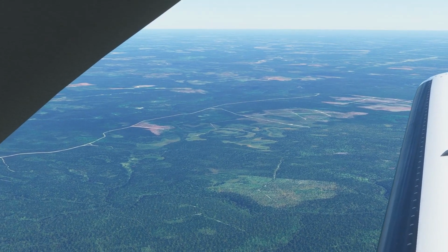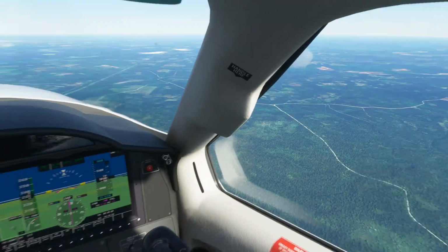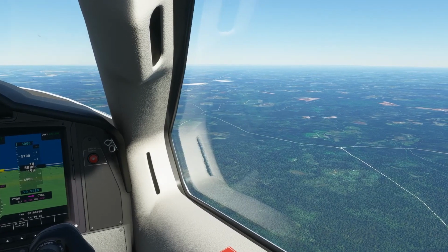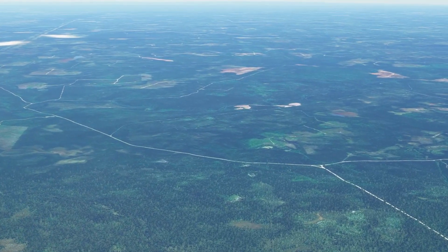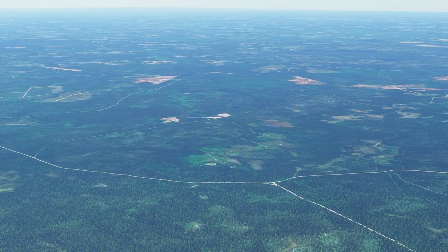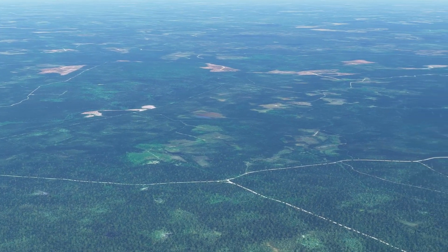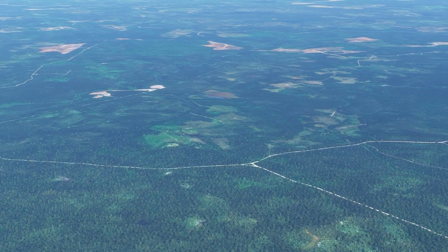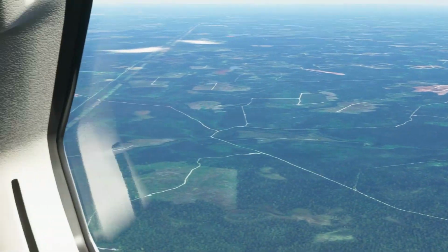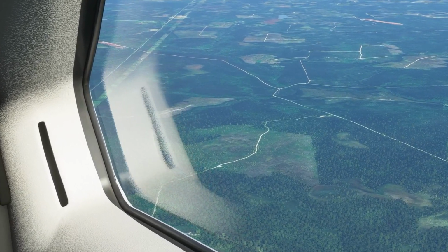Out the starboard window you can see more clear cuts going on and on to the horizon. This is pretty much what you see everywhere in New Brunswick these days, except for within national parks and wilderness preserves. But what is important to understand is that this purpose of intentional borealization of the Acadian forest means that even where you don't see clear cuts, from the ground in many places that appear green, the original forest has been removed, and the almost pure stand of conifers that is now there is an artificial forest ecosystem,